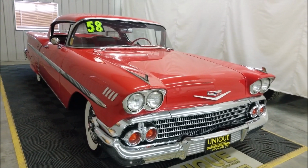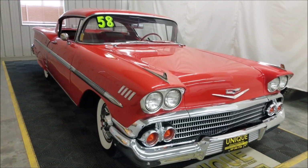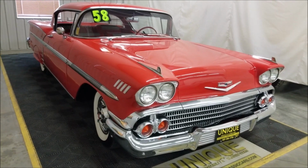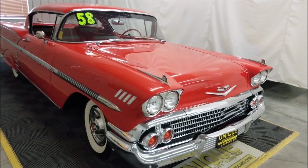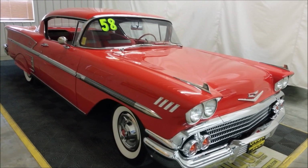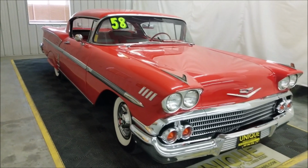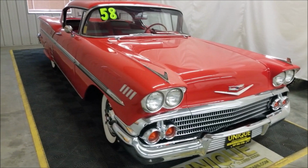Has the tri-color interior, which would be gray, black, and red, cloth and vinyl. That's what it came with. This was actually a Rio Red, Arctic white car, and then had the gray, black, and red interior to it. It also is very nicely equipped: power steering, power brakes,